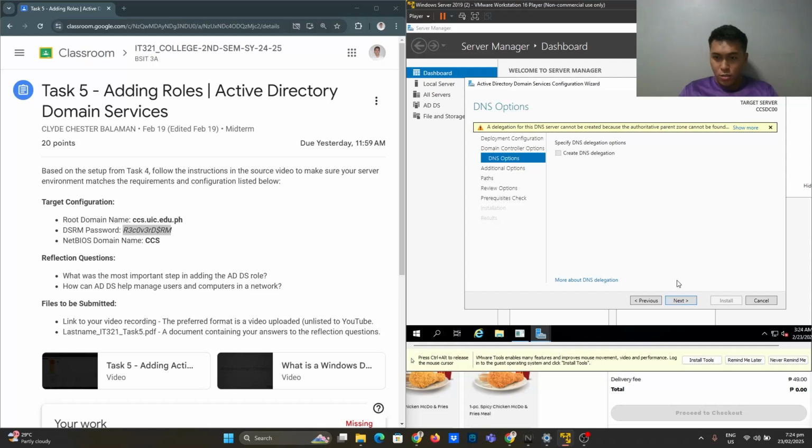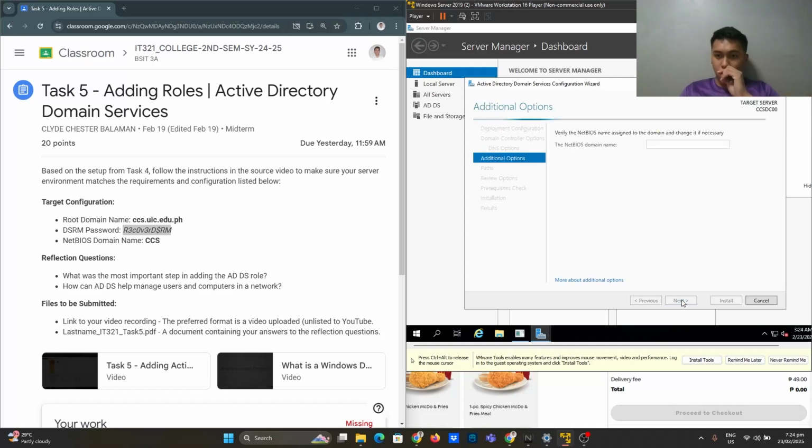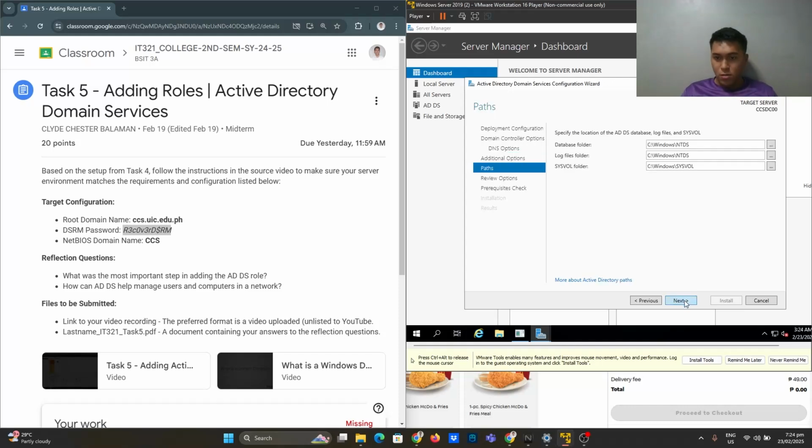Specify the location. After that, I'll check it. Then for the NetBIOS domain name, the CCS, and the paths.